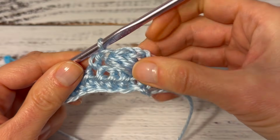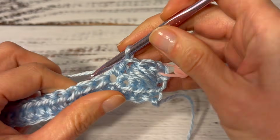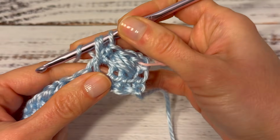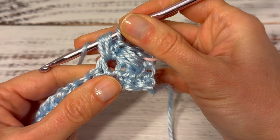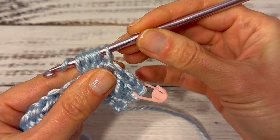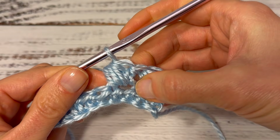Now again I will work another puff stitch into this skipped half double crochet. So yarn over, insert the hook, draw up a loop, yarn over, insert the hook, draw up a loop, yarn over, insert the hook, draw up a loop. Now again, yarn over, and I draw through all the loops on the hook, and that's how puff stitch is